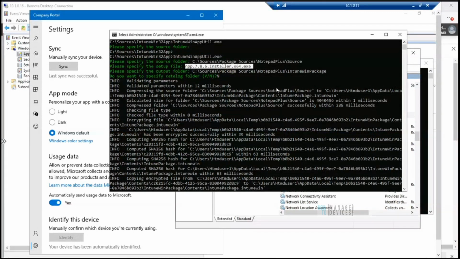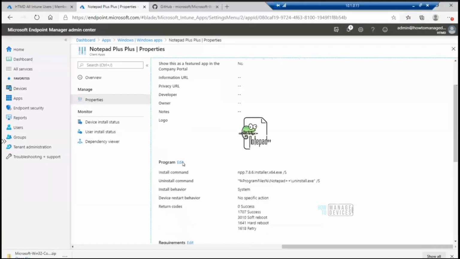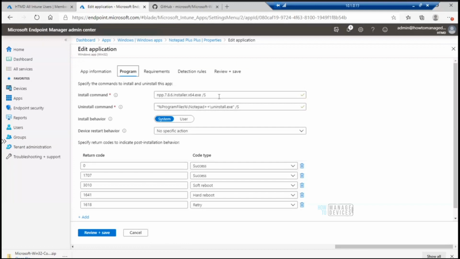What do you mean by program file? In the program stage, we have to specify the installation command and uninstallation command. Whatever you are using for the installation, for example, for your Cisco VPN, if you are using install.bat, you need to mention that over here instead of this. And for the uninstallation, you need to mention something like uninstall.bat. Okay, got it.